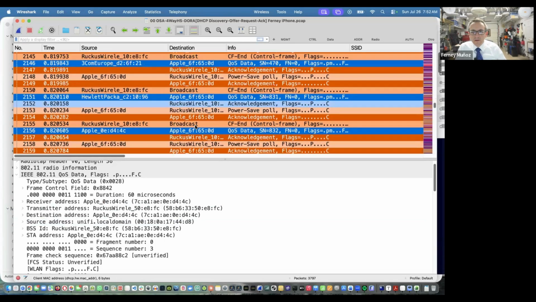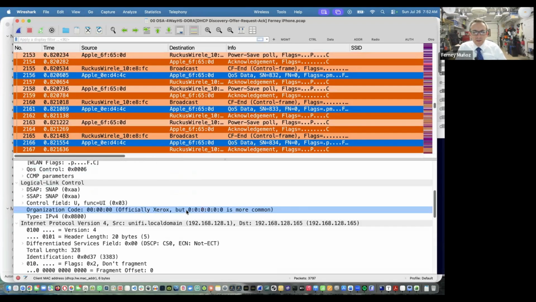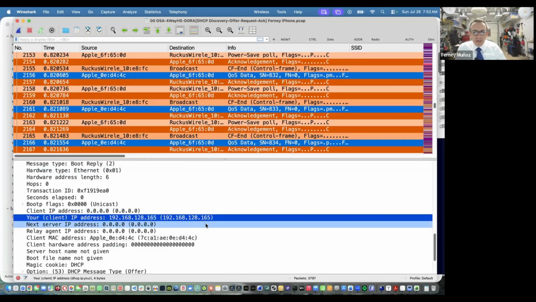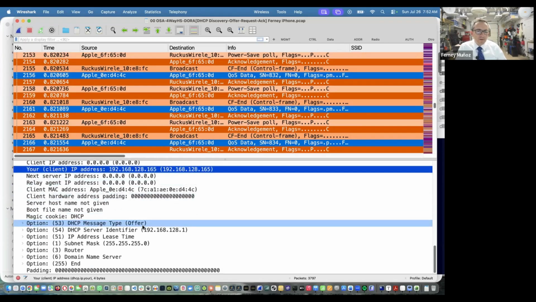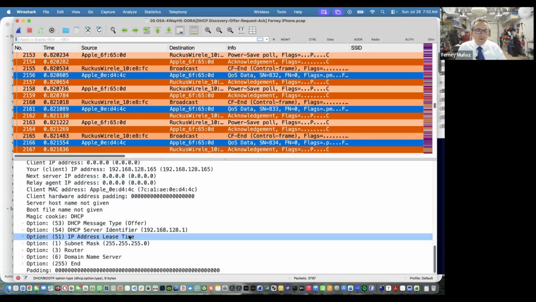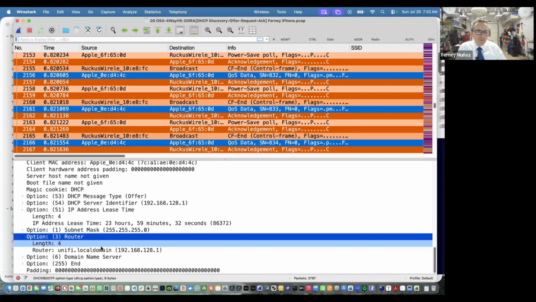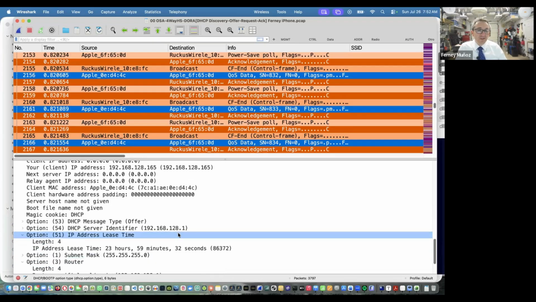Where did it go? Well, right here, the DHCP offer. It says, I offer you the IP address 192.168. That's the offer, okay? And not only that, it also tells me what the lease time is. It gives me information about the router, and any DHCP options, if you want to add the controller in here, whatever specifics you have, it's all in the